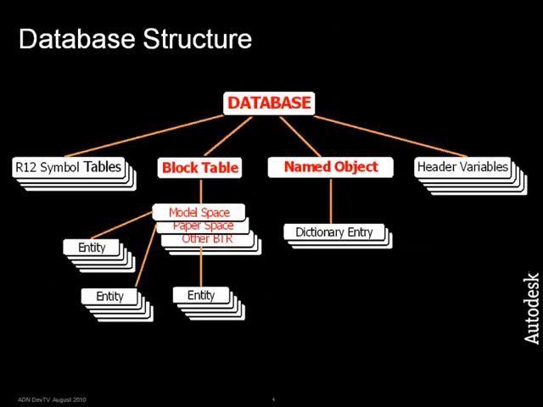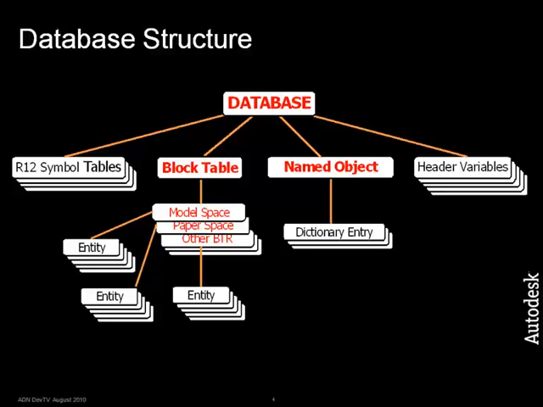It is helpful to see the organization of the AutoCAD database. There are the symbol tables that have been in AutoCAD drawings since release 12 of AutoCAD. These symbol tables are used for elements such as layers and line types. The block table contains model and paper space as well as other blocks. These blocks, which are block table records in the API, contain the entities that you see rendered in the AutoCAD